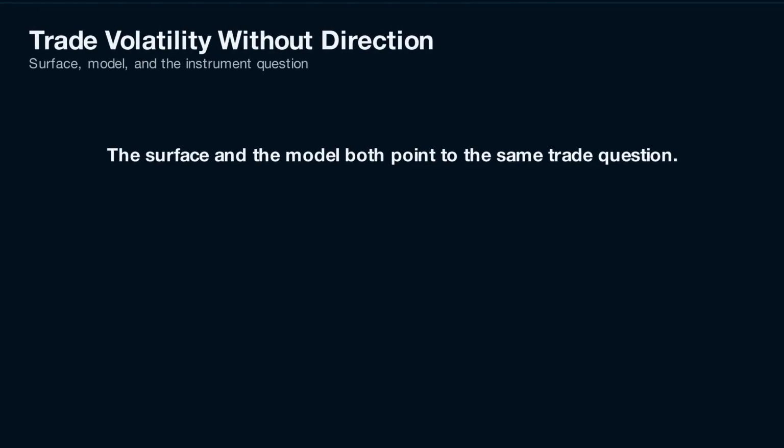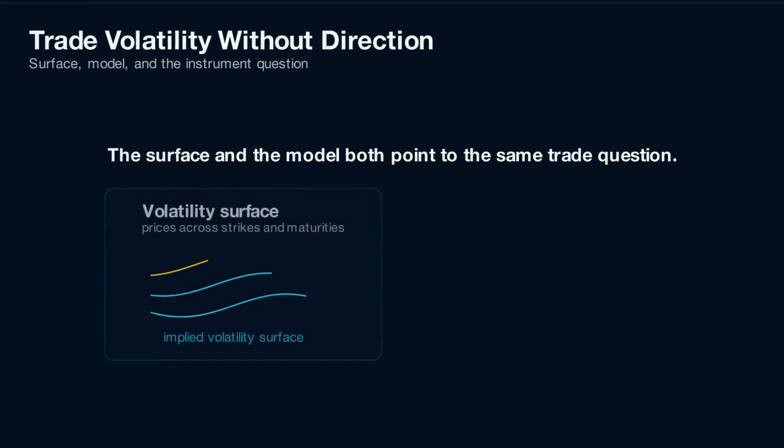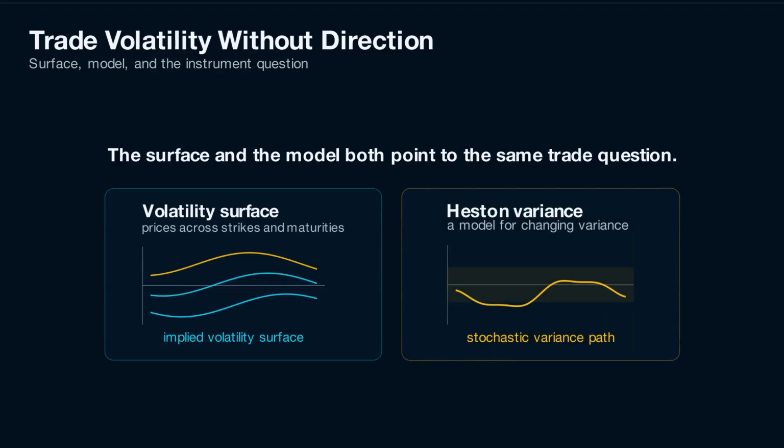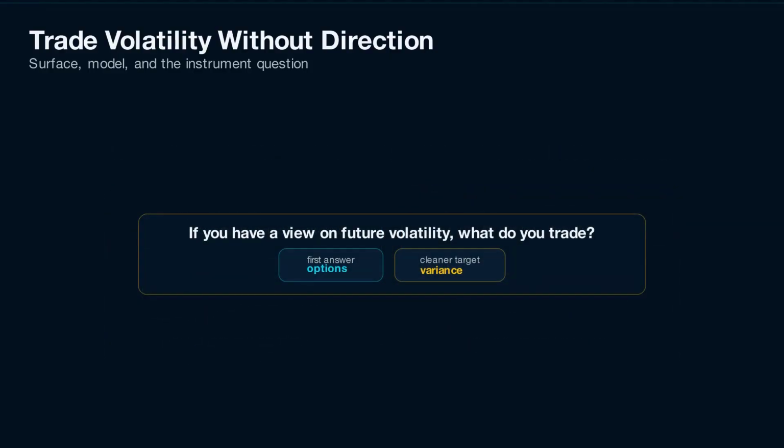Every episode of this series has built toward one question. In episode 4, we mapped the volatility surface, the 3D landscape of implied volatilities across strikes and maturities. In episode 5, we built the Heston model, which generates that surface from stochastic variance. Both episodes ended with the same implicit question. If you believe the surface is telling you something, if you have a view on future volatility, what do you